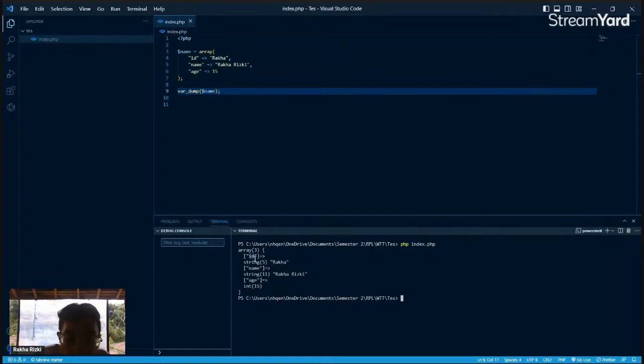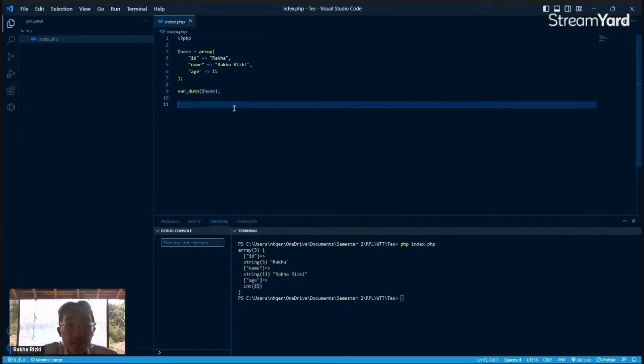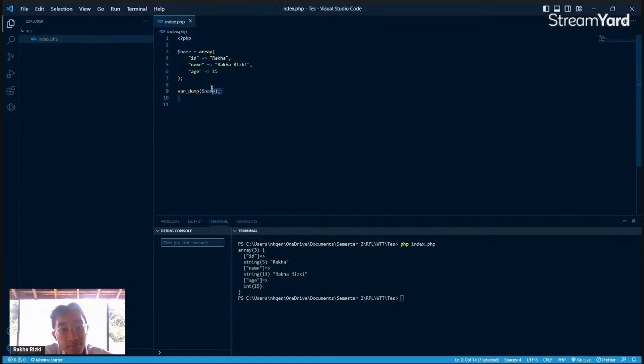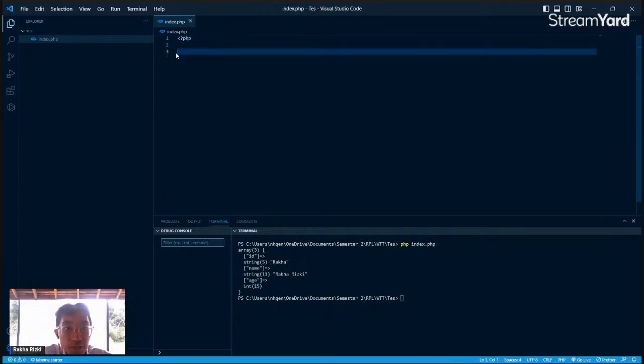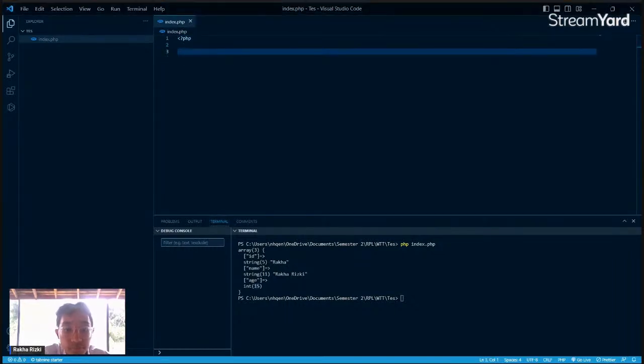So in ID we have Rakha, and in name we have Rakha Rizki. In age we have integer 15. So this is a simple example of a mapping array.